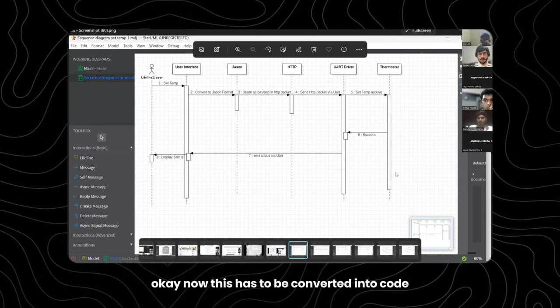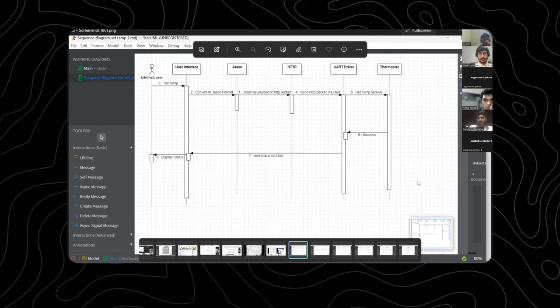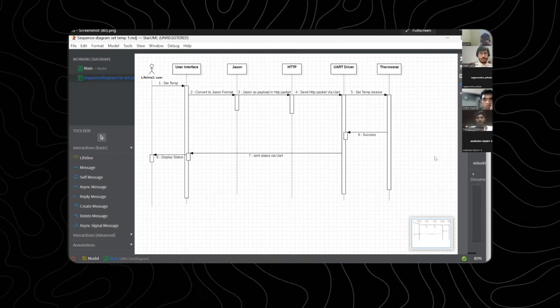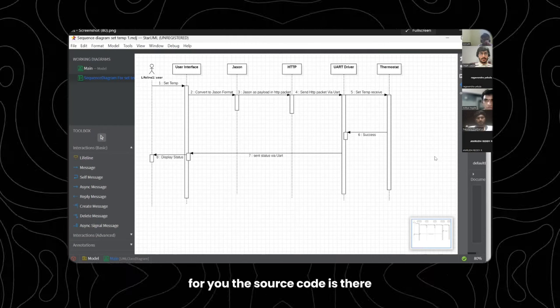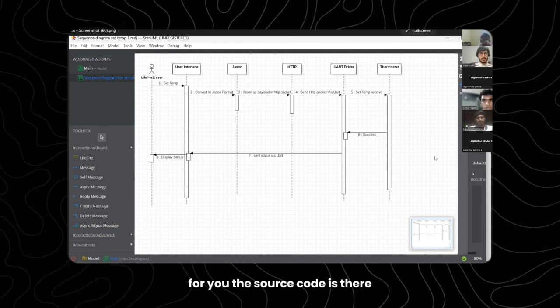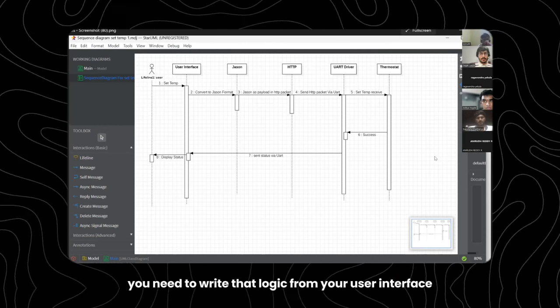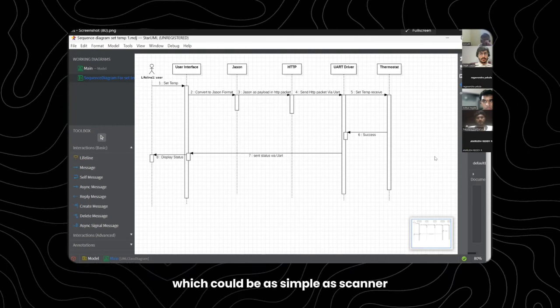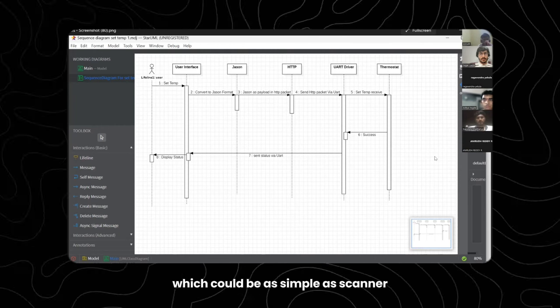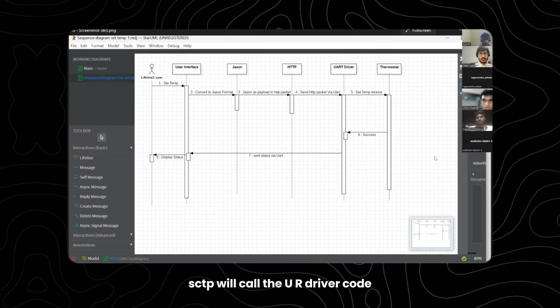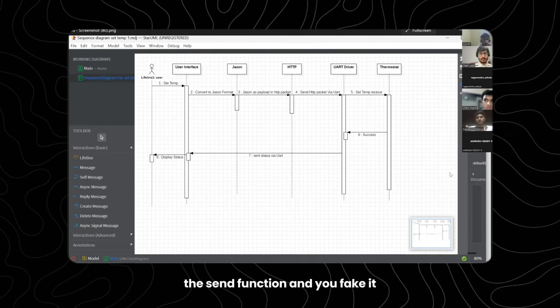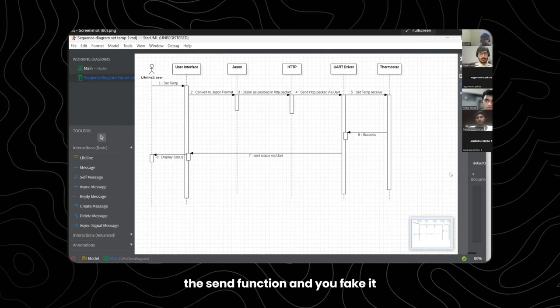Now, this has to be converted into code. This is where the JSON parser and HTTP server are already done for you. The source code is there. You need to write that logic from your user interface, which could be as simple as scanf, and call the JSON function. The JSON function will call HTTP. HTTP will call the UART driver code, the send function, and you fake it.